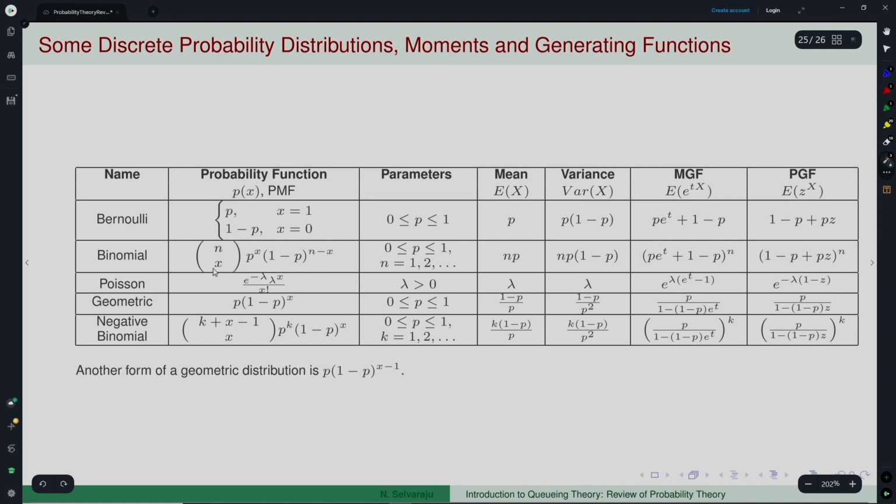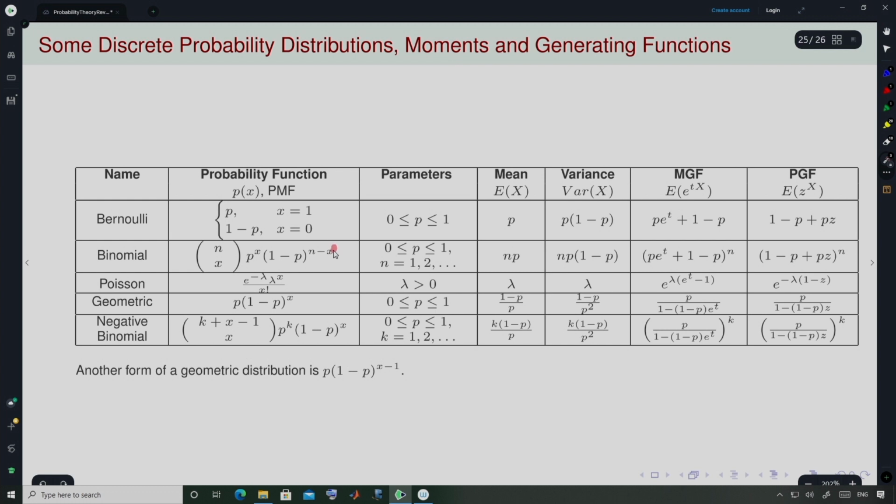For example, in the binomial case, what is the support that you have here? Your x ranges from 0 to n. This is the set of all non-negative integers, like geometric in this form, and this is negative binomial, and the relationship between the different distributions. For each of these distributions, if you can concentrate here a little bit more, binomial, this MGF PGF will be relevant for us whenever we want to identify that something we have derived is of this form. Then we say that this must correspond to a binomial distribution, because the PGF or MGF has a one-to-one relationship with the corresponding distribution.